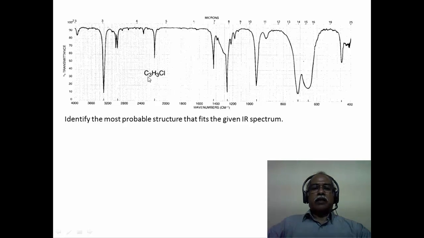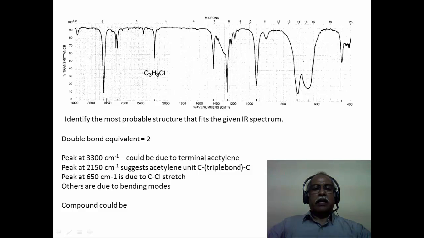Now, as you see the infrared spectrum, you need to understand the characteristic features of the infrared spectrum in this particular case. There is a sharp peak around 3250 or so in this particular region, and there is another sharp peak around 2100 and something, 2200 and some frequencies. There are other peaks also present in this particular system. So let us first focus on the 3300 inverse centimeter peak and the 2150 inverse centimeter peak also. Now this particular peak could suggest that this is a terminal